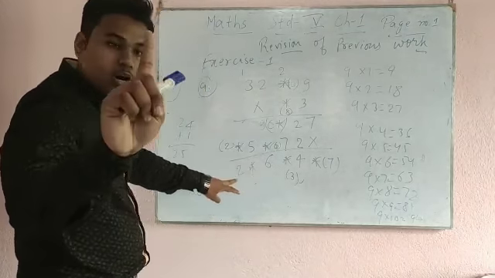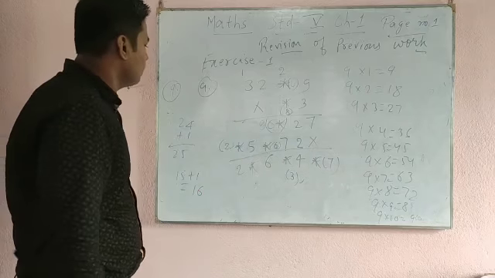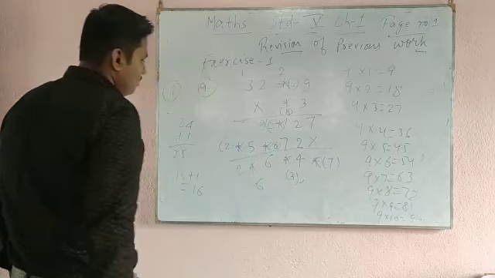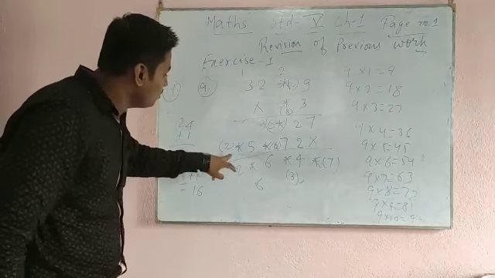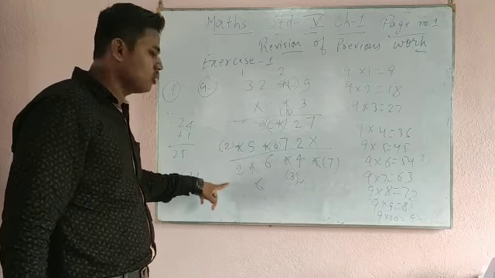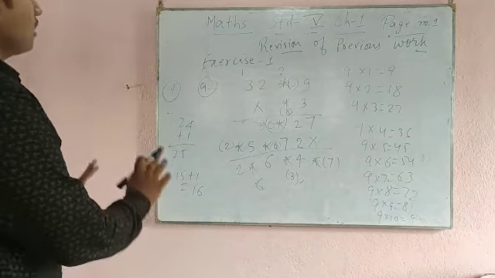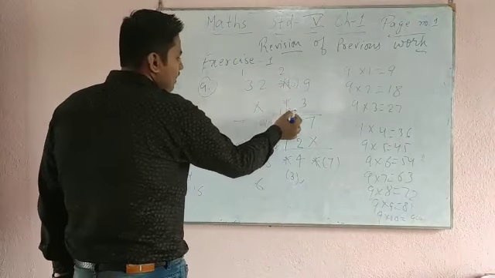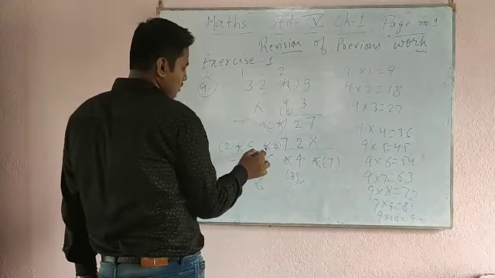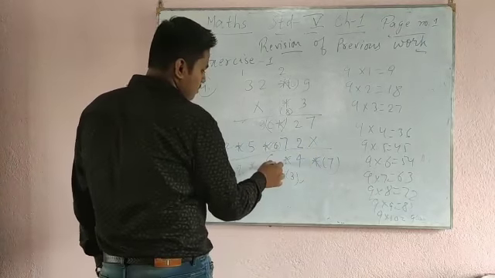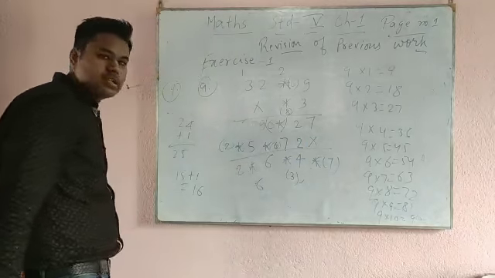Now comes 1. So 1 plus 5. Here 1 you will add. 1 plus 5 what it will become? 6. 1 plus 5, 6. Now this star is already 2 is there. That's why 2 plus 0, 2. Understood? You can see it. Again I am repeating. This is star 0, this is star 8, this is star 6, this is star also 6, this is star 2, this is star 7, this is star 3, this is star 6.